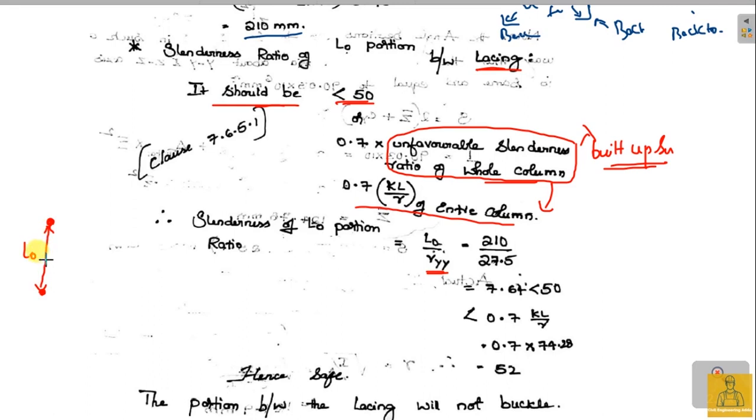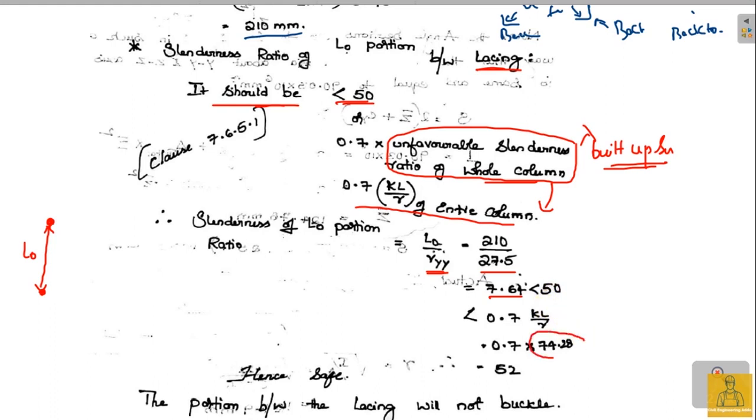So for the angle section, we need the radius of gyration. So 27.5. Upon calculation, 7.64 or 2, which is less than 50. Okay, so the first condition is satisfied, and it also should be less than 0.7 times the slenderness ratio of the